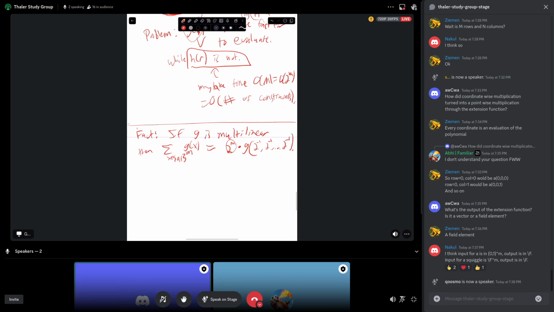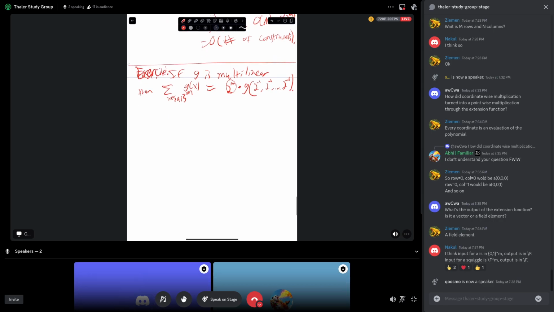Let's call this an exercise. This is an exercise at the end of chapter 4. If G were multilinear, then the verifier on its own could compute the sum via a single evaluation